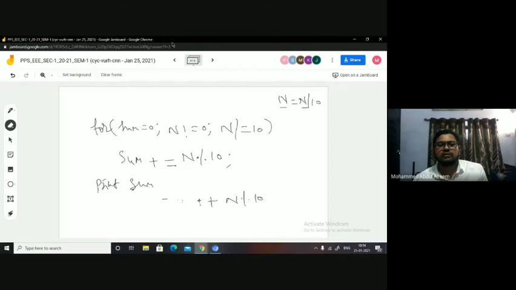Yes, sir. Got it? So you can see I have compacted it, I have reduced the number of instructions. This is how you increase the efficiency while writing the code. Because KLOC is a parameter based on which the cost of the project is going to be estimated. So if the number of lines is less, then the cost of the project is less. So in order to reduce the cost, you can reduce the statements itself. Fine. So I hope you can now use this kind of notation and write.